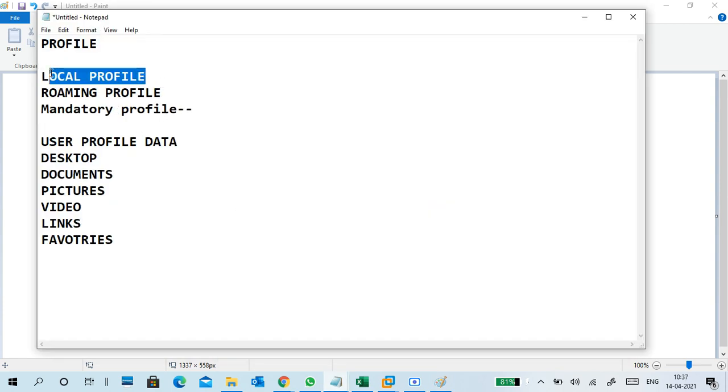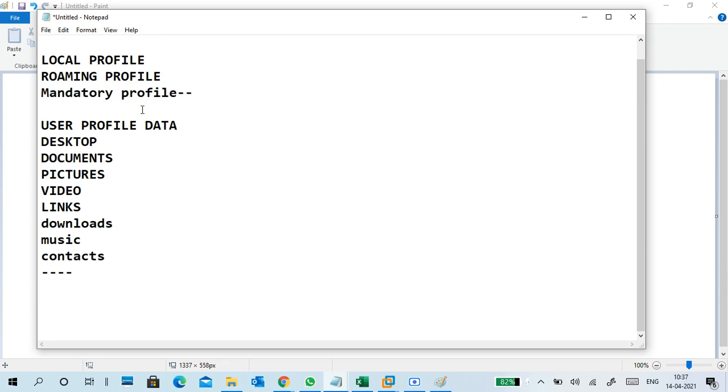So for a local profile, you do nothing, just log into the system and automatically it will create it.